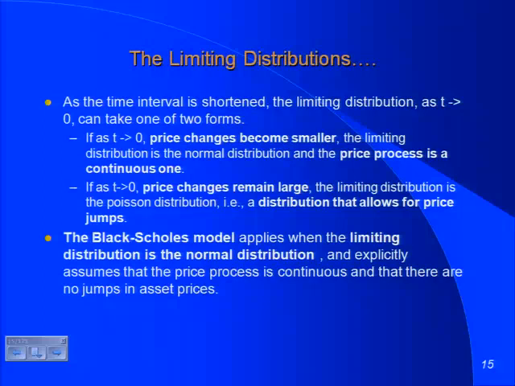Now, just to expose you to something that's almost never done, if you accept the premise that even as t gets really small, prices can continue to jump, then the converging distribution is no longer the normal distribution. It's going to be some kind of jump process distribution. For those of you who've done enough statistics, you know the choices, right? The Poisson distribution. Usually the way this is presented in a statistics class is as a bank teller. There's a line in front of you. They'll give you an expected number of minutes that the teller spends per customer. You join the line. How long will it take you to get to the front?